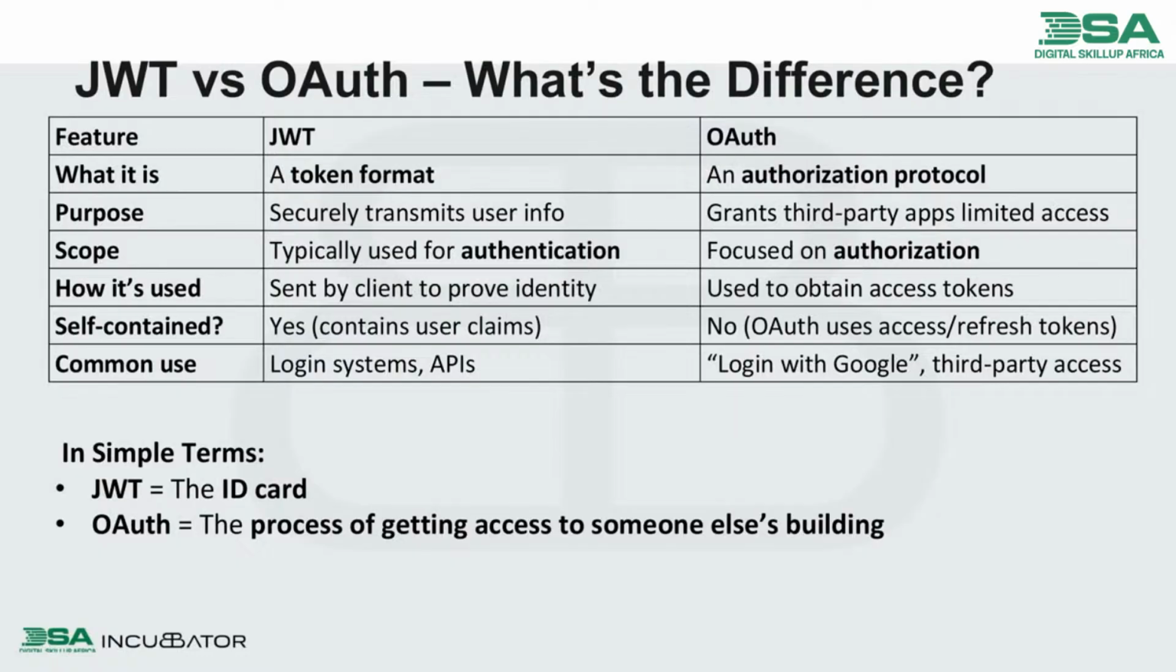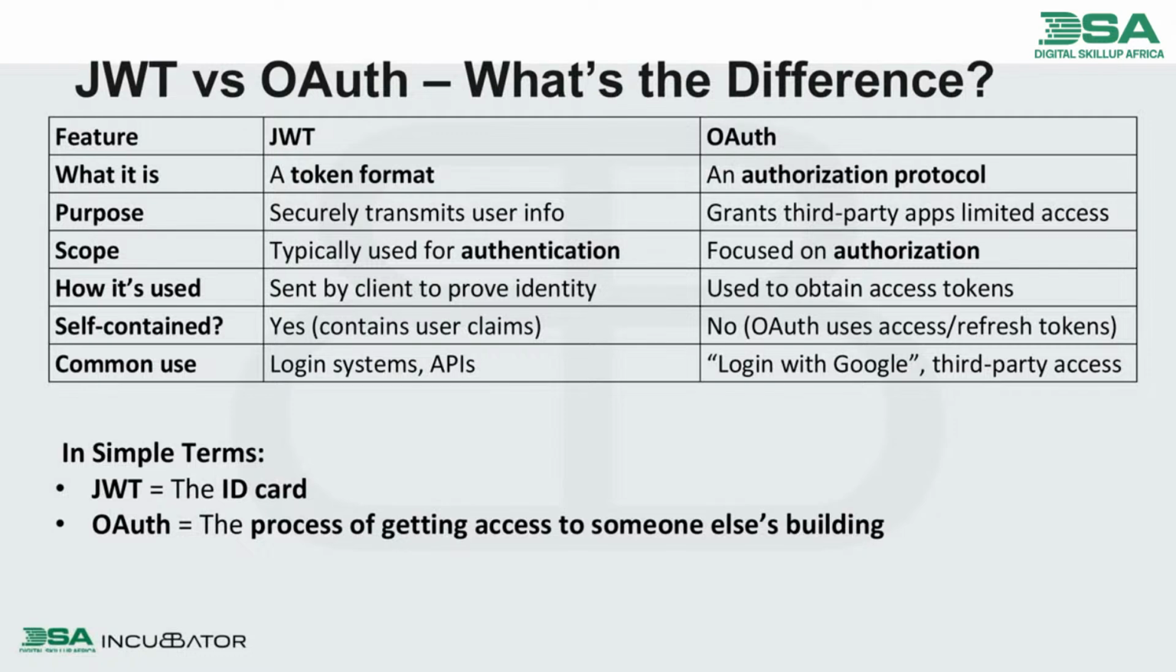How is it used? JWT is sent by clients to prove identity. Like I said, for every call, either from the front end or from the mobile app or web app, you must always send that token, because it's based off of that token we're going to determine who is the user logging in, right? Why for OAuth,